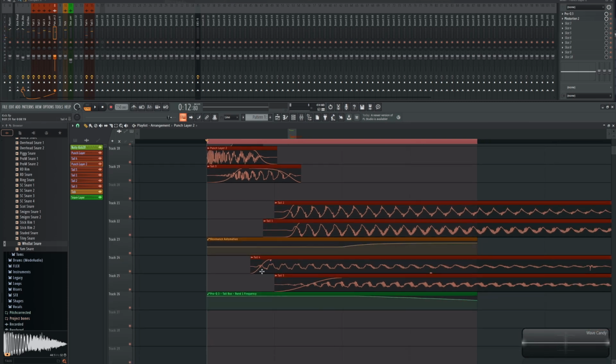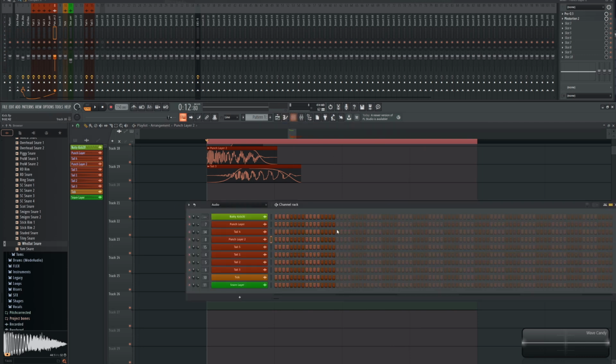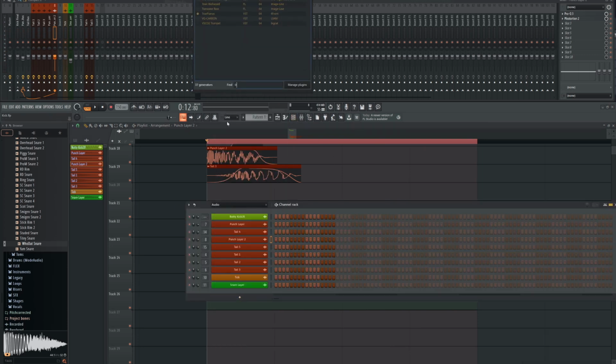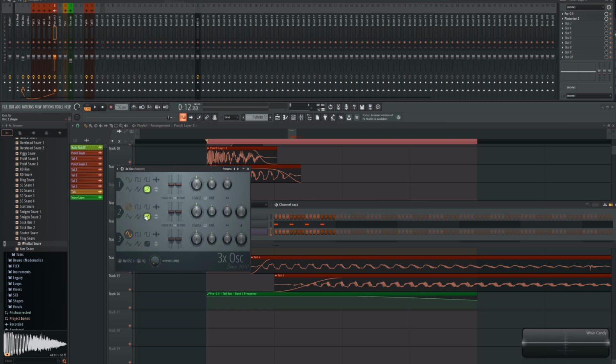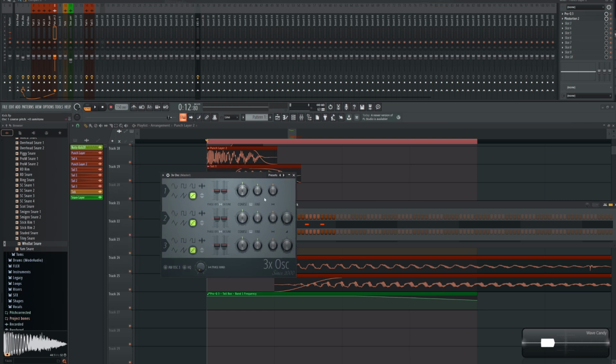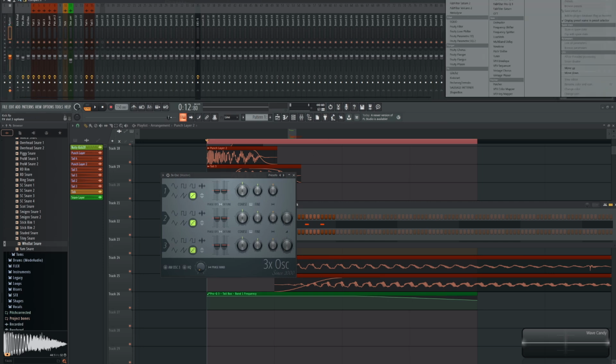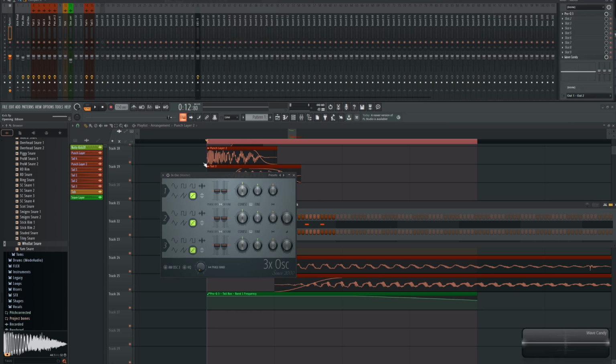But we have to do something with the tail again. The tail is cool, but it needs another noise layer, so you get more movement towards the entire thing. It gets more energy. And I'll show you exactly how I do that. So right now I'm going to add a very basic plugin that belongs to FL. It's called 3x OSC. And we're going to open up the noise oscillator. So that's pure noise. I'll add an Edison to the master and